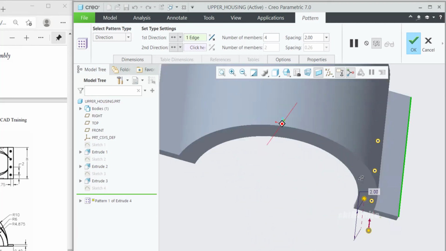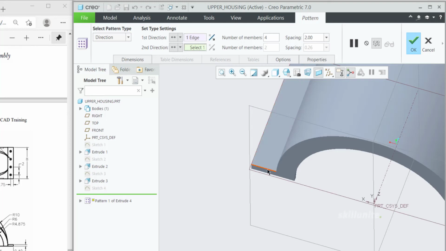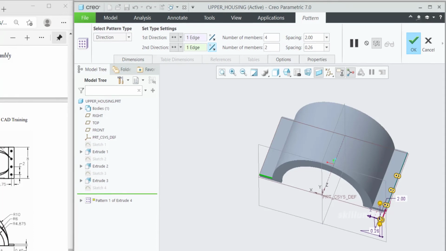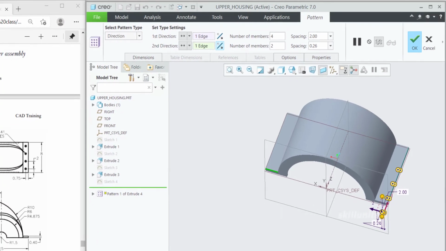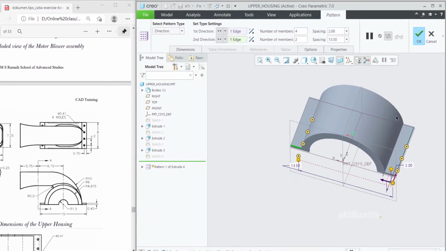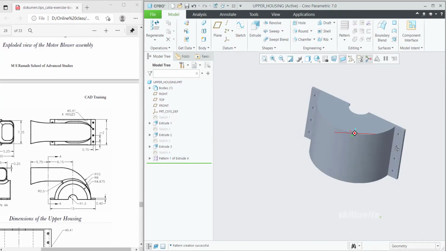So either now you can make pattern, after that you can mirror, or you can simply do one more pattern along this direction. So let me select this one as second direction, so I can choose this as edge. I require 2 copies. I think it should be flipped. Okay, so how much distance: here 0.75, here 0.75, so total 1.5 you will subtract from 15. So that means you need to mention 13.5 for it, so automatically it will come over there. Now you can click OK. So we made it in a single pattern itself.